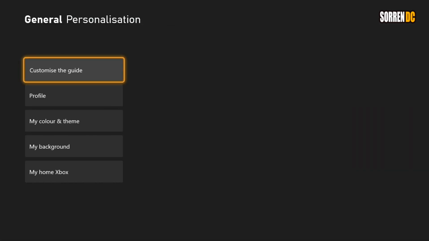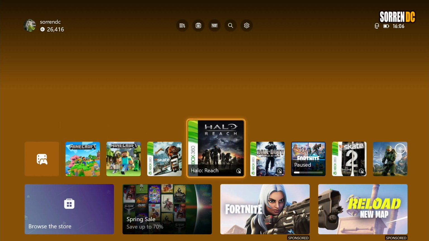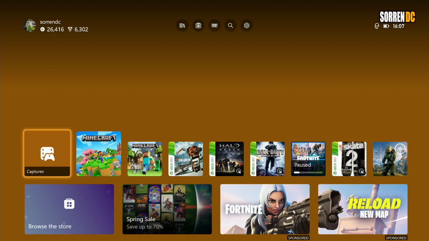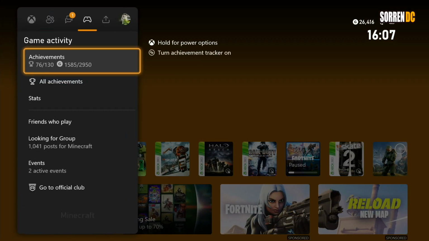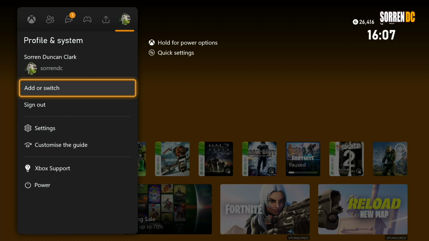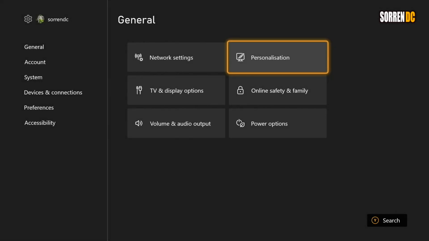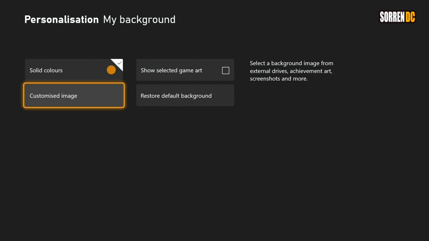And this is one of the backgrounds you can have. It's pretty plain, but some of you may like that. This orange color is a bit dark. I personally wouldn't go for this, but this is how you change it to just a solid color, which is pretty cool. But that's just one of the options. So again, how you get to changing your background is settings, personalization, my background, and then the other one is